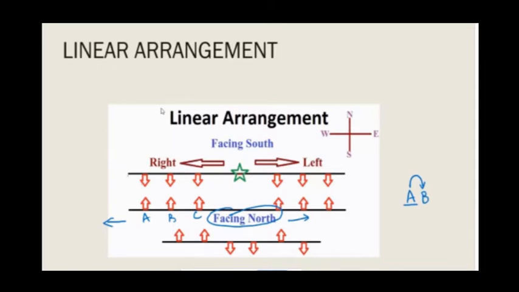Now, let me suppose that there are people seated opposite to me facing the southern direction: X, Y, Z. Who is to the right of Y? The right of Y is nothing but your left. Why? Because they are facing the south. Now, who is to the left of Y? Left of Y is nothing but your Z. So, these are the main two concepts that you have to think about.